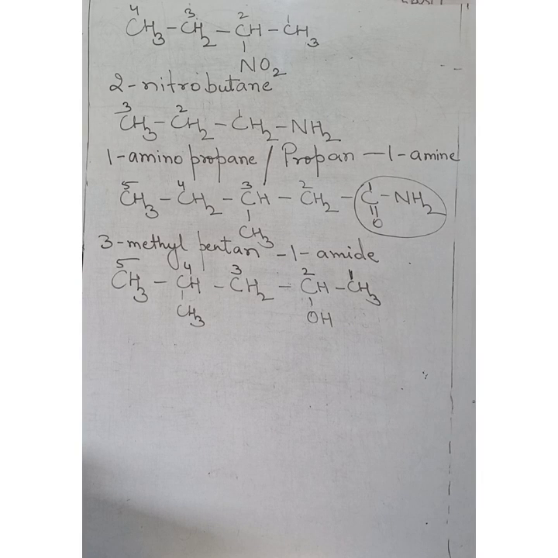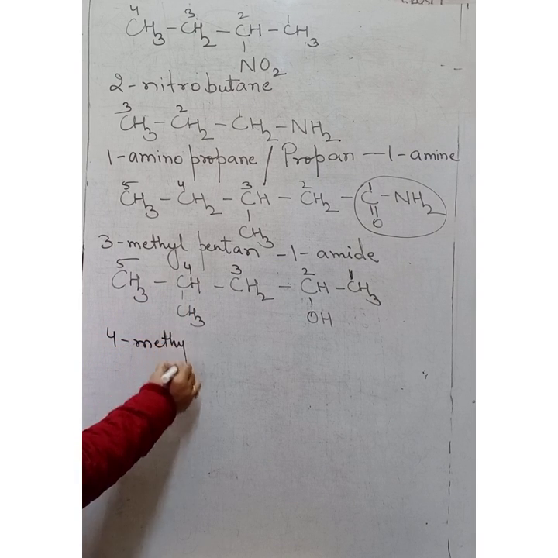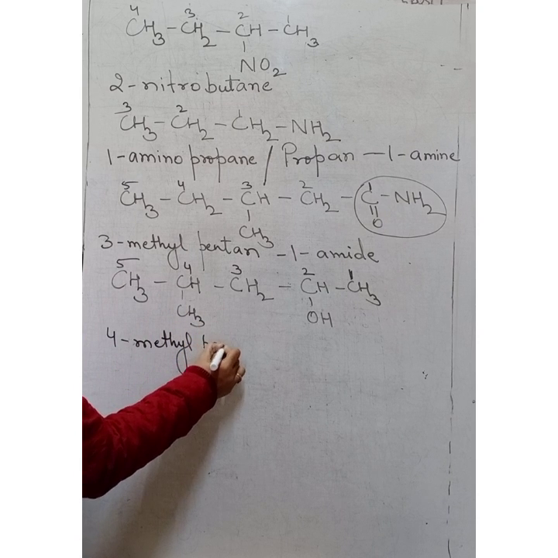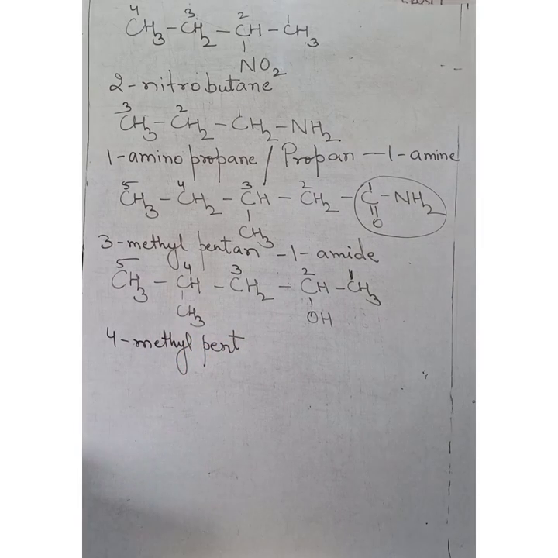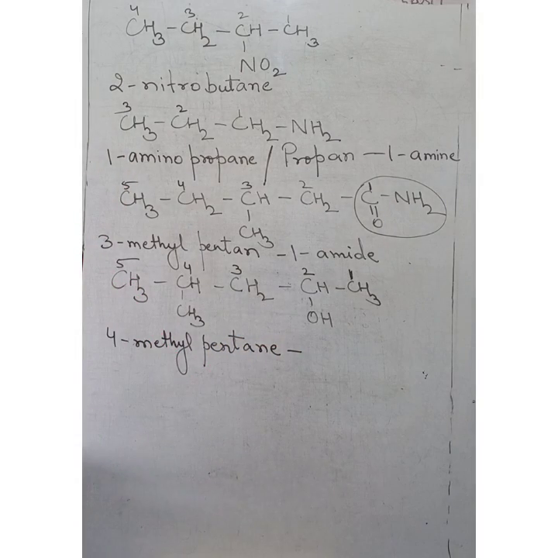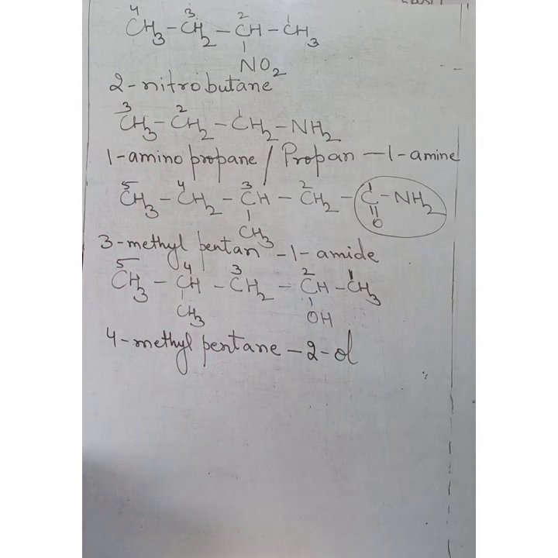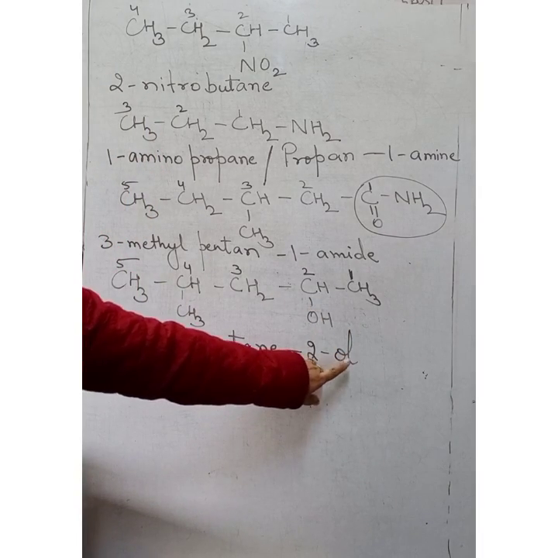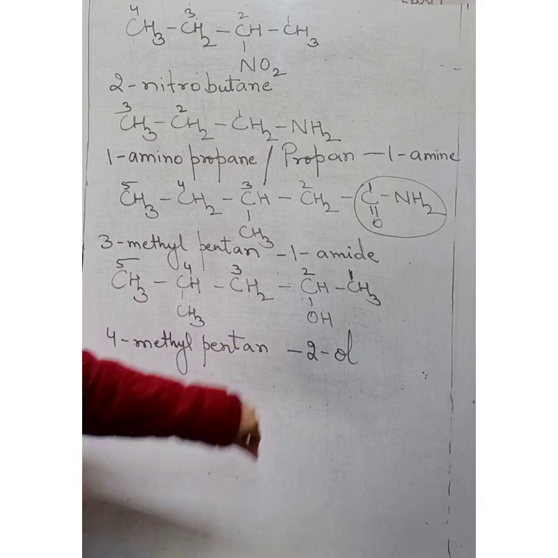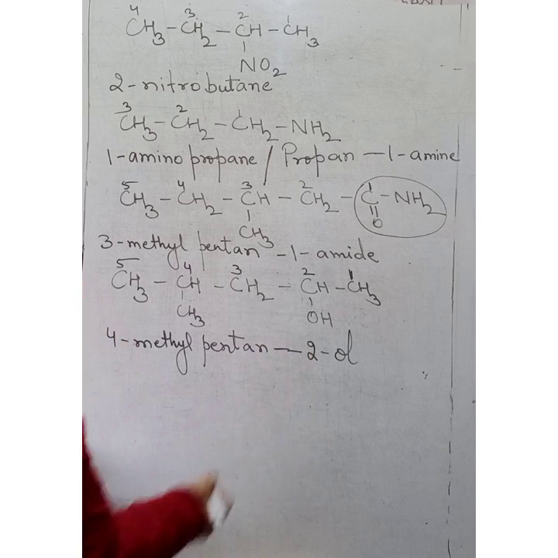Now you can use a suffix also, you can use a prefix also. We are using a prefix here for the substituent: 4-methyl. Pent is your word root. Ane, A-N-E, is the primary suffix. Second position, ol is the secondary suffix used for alcohol. Since it is starting with a vowel, the terminal E of the primary suffix is dropped. So, 4-methylpentan-2-ol will be the name.